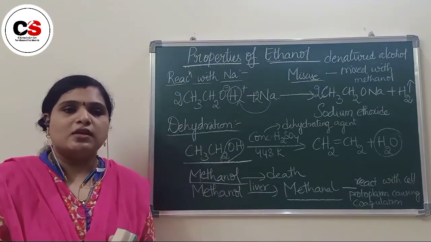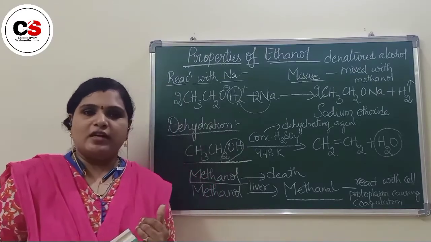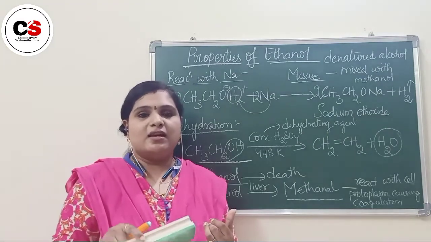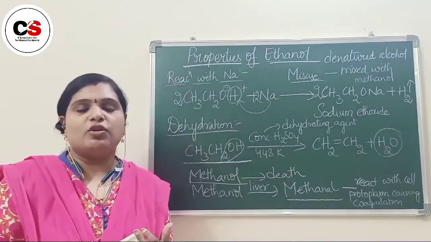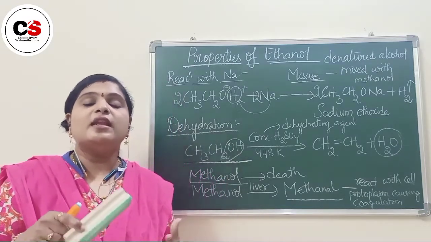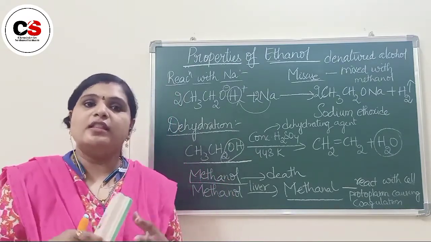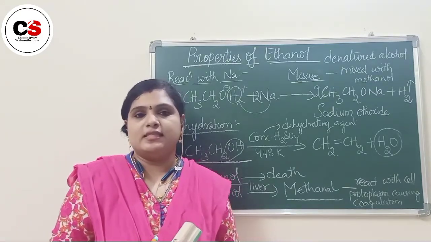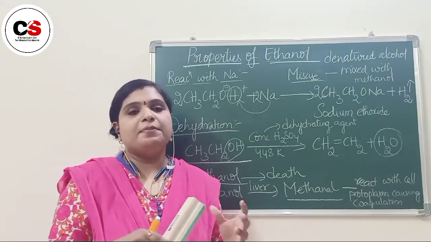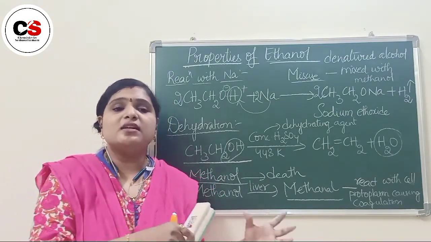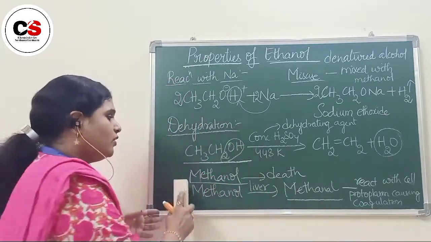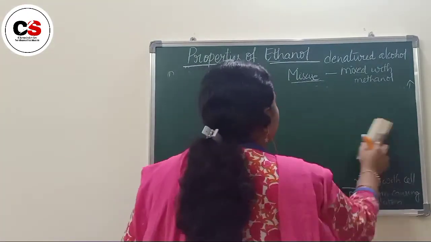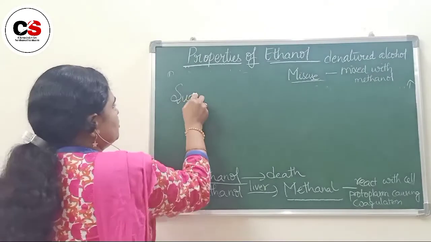And coming to the uses, it is used as a solvent. It is used in the manufacturing of some medicinal applications like tincture of iodine, cough syrups, and so many other syrups, which will contain ethyl alcohol in the pure form. And ethyl alcohol is obtained from molasses. Commercial preparation is obtained from molasses. Molasses in turn is obtained from sugarcane juice. What is that? Sugarcane juice.